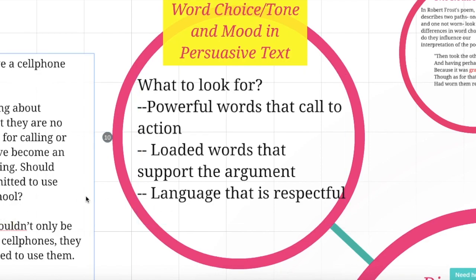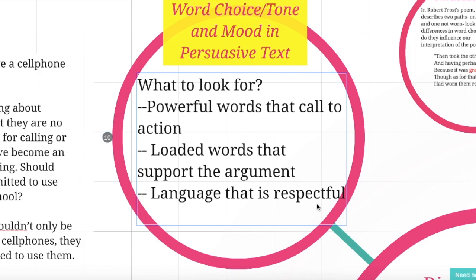All right, so word choice and mood in persuasive text. We want to look for powerful words that call us to action. We want to look for loaded words that support the argument. And we want to look for language that is respectful. Or we want to use language that is respectful. The one thing that we have to keep in mind when we are